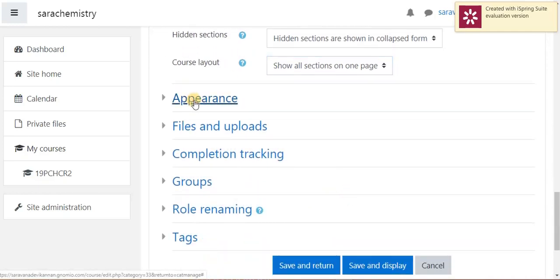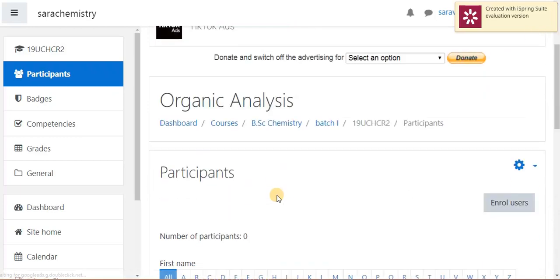Other fields like appearance, files and uploads, completion tracking are optional. You can leave as it is. After completing the process, click on Save and return. Save and display means it will lead to the next process, that is adding users, which we are going to see in next session.